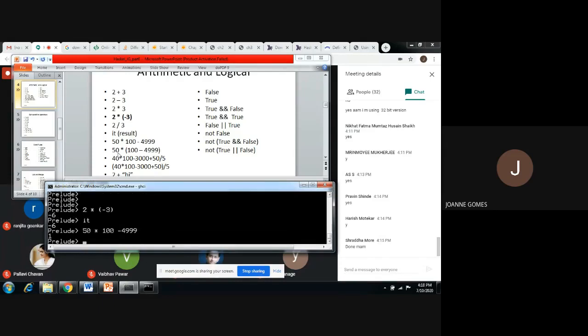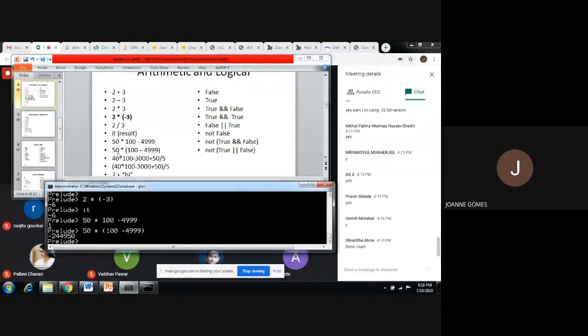It is 5000 minus 4999. Now what happens? I can use arrow keys to recall the previous command. Now if I give the bracket, then what happens? Let's say give the bracket here. What has happened? Precedence is given to the bracket and then the multiplication.